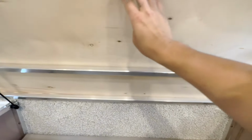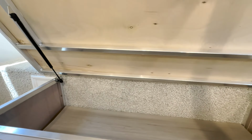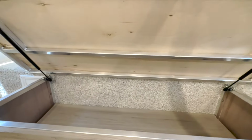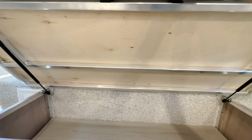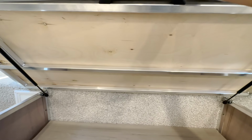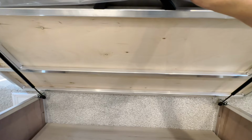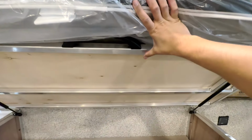Your cabinetry right here, all of this is aluminum framed. I want you to go look around at other companies and you'll see it's not wood framed, and they'll still advertise and market that it's an aluminum framed trailer. So you've got to be careful with those little marketing stickers you see on the outside of the trailers. If it just says aluminum framed, yeah, it has some aluminum, but it's probably just the sidewalls and everything else is wood. So even if they say it's an aluminum cage, chances are they're still not aluminum framing